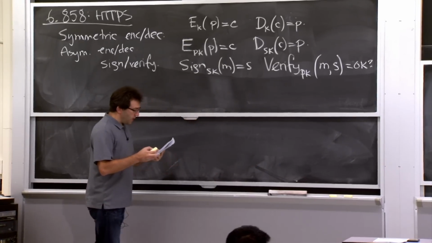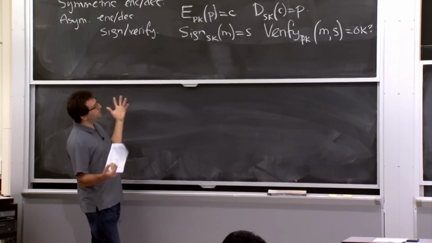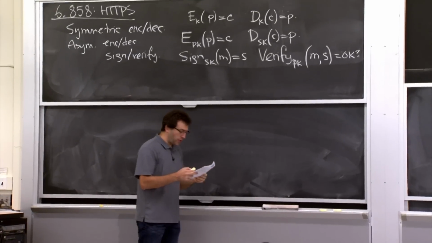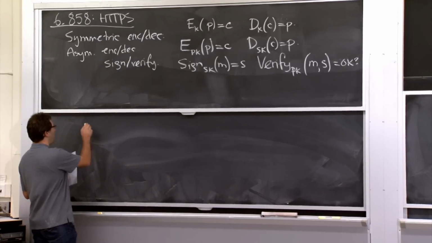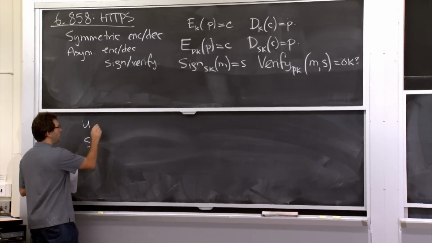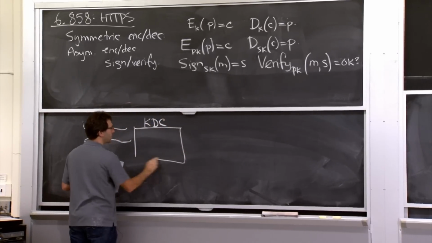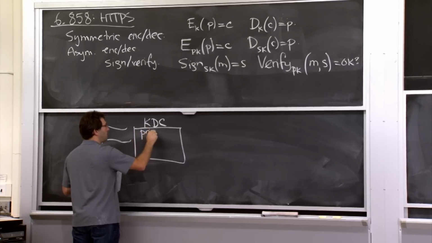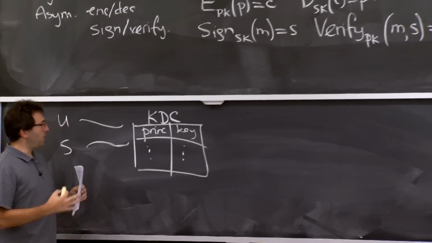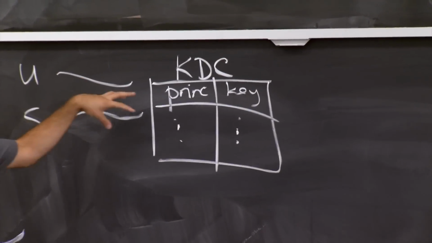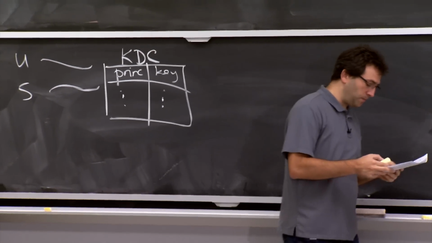All right. So now let's actually try to figure out how we would protect network communication at a larger scale than Kerberos. In Kerberos, we had this fairly simple model where all the users and servers have some sort of a relation with this KDC entity. And this KDC entity has this giant table of principals and their keys. Whenever a user wants to talk to some server, they have to ask the KDC to generate a ticket based on this giant table that the KDC has.